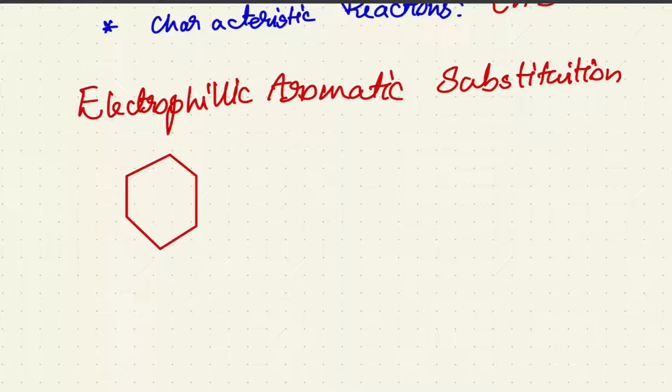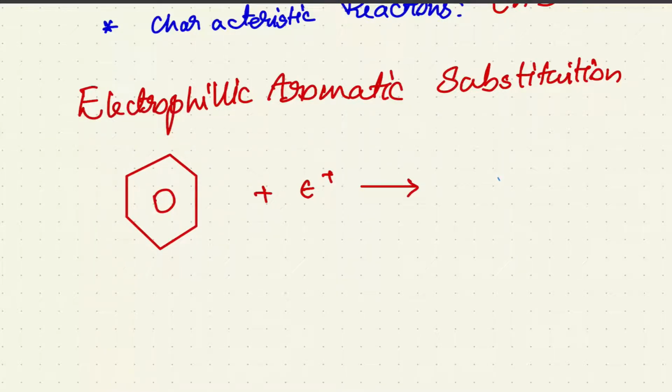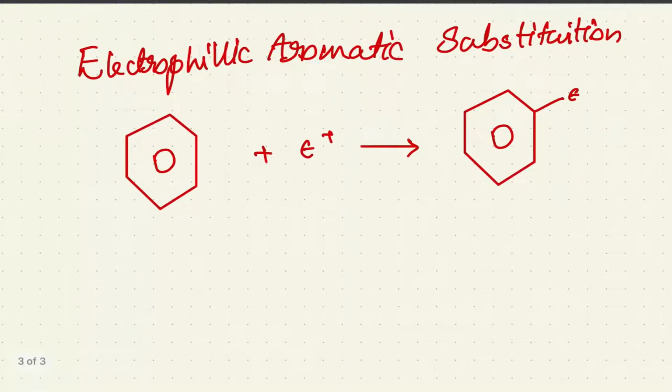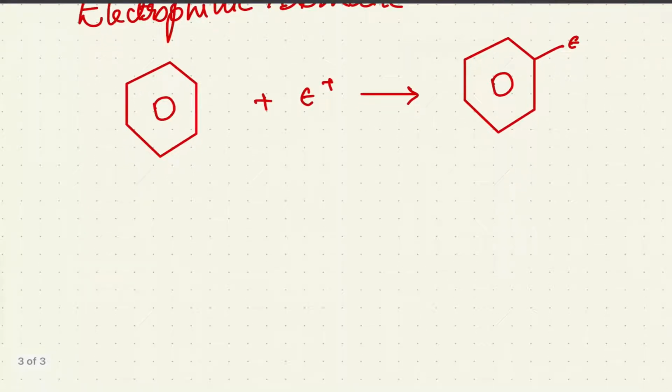Okay, this is benzene. This benzene, along with an electrophile E plus, you get this. I'm using this so that I need not draw again. Talking about the mechanism of this electrophilic aromatic substitution,